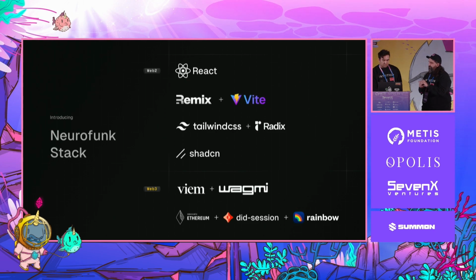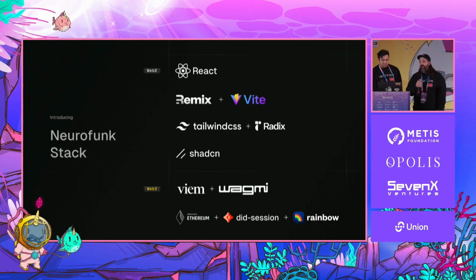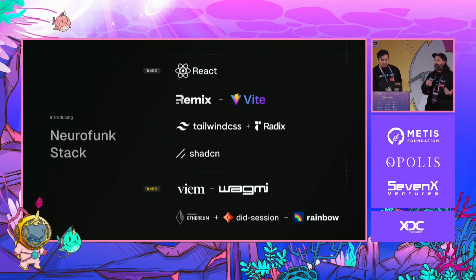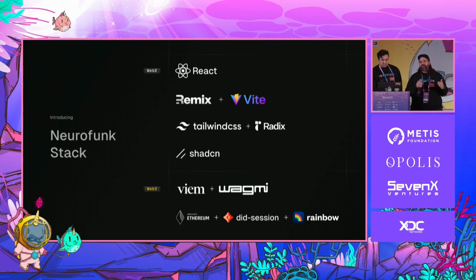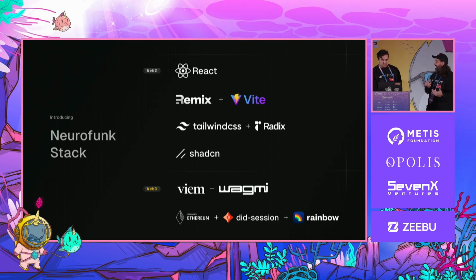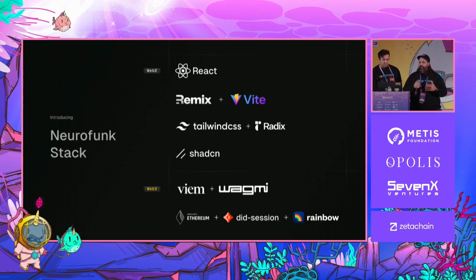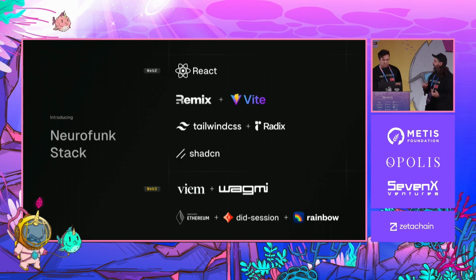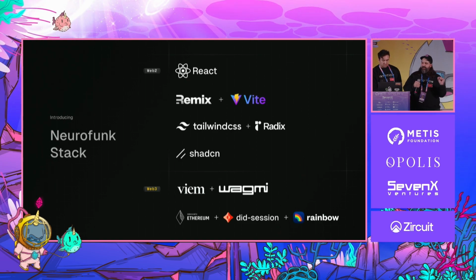Now, in the Web2 stack here, we are also leveraging Tailwind and Radix UI. And these have become rapidly adopted in the space in both Web2 and Web3. And the meta choice right now is shadcn/ui. And Shad is leveraging both of those technologies, so we are too, really allowing for interoperability and maximizing impact in the ecosystem. Now, when we dig in a little bit deeper into the Web3 part of this,